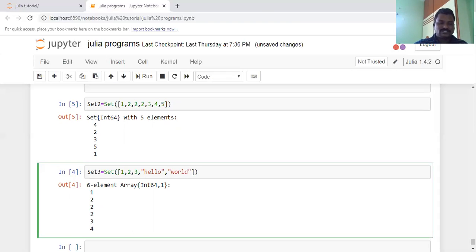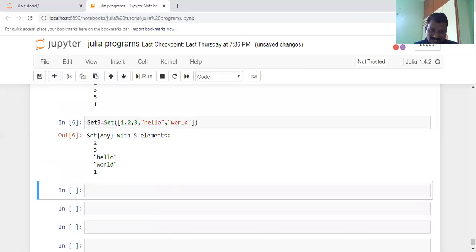If you execute this, it means sets allow any data type. They may allow floating point, integer, and string data types. Sets can allow mixed data types.